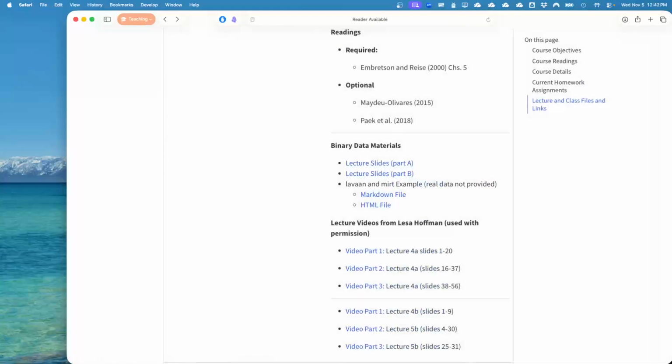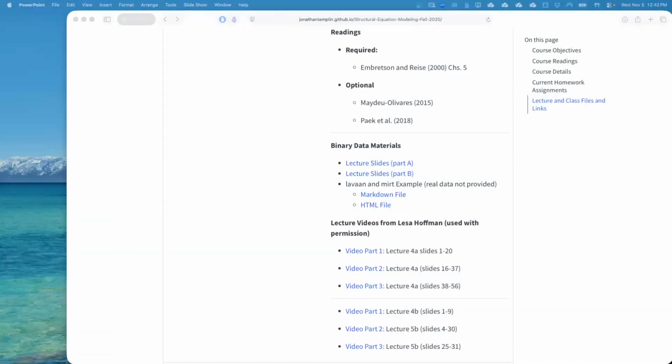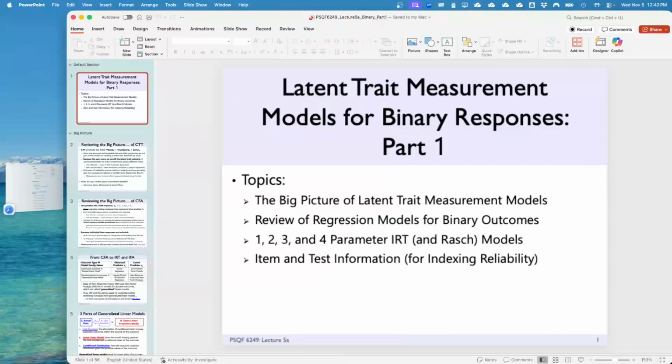I might start with these slides right here. Actually, let me do this. I'll start with some of the slides, but I may end up doing a lot of handwriting and giving you a lecture that's just out of my brain, depending on how things go. Any questions? Any comments? Okay, let's get this started then.